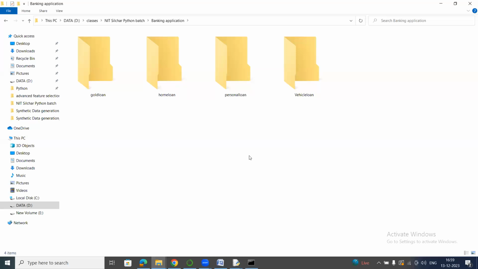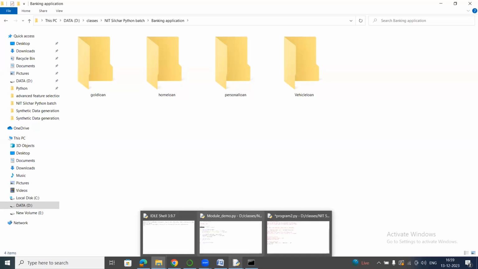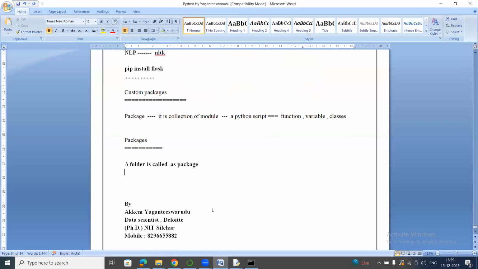But how will Python recognize this as a package? I have created four folders, personal loan is one folder, vehicle loan and so on. I am telling you those four folders are called four packages in Python. Up to Python 3.5 version,